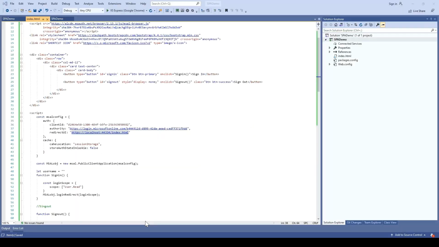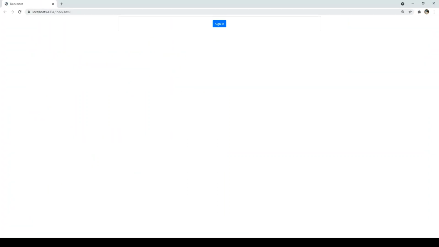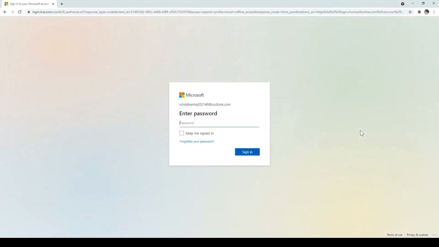Now go back to Visual Studio, run your application. Click sign in, enter the credentials, cool.